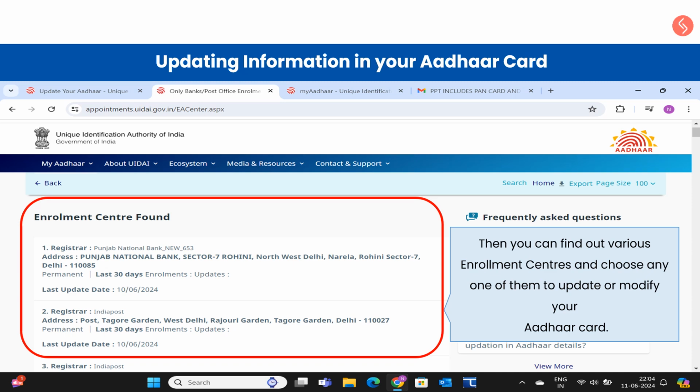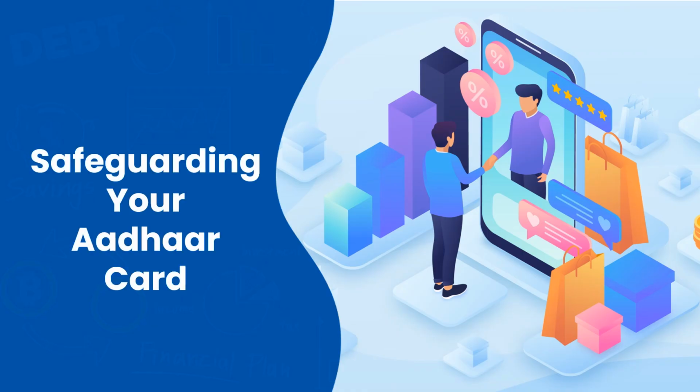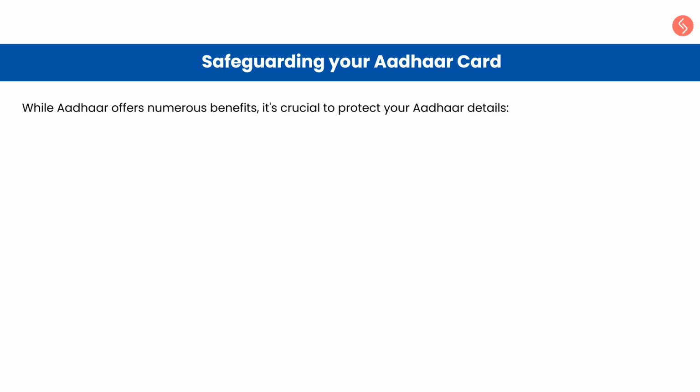The Aadhaar card is your unique identification, therefore, it is important to safeguard it with utmost responsibility. While Aadhaar offers you numerous benefits, it's crucial to protect your Aadhaar details. Follow 3 simple rules. Avoid sharing, securing your device, and be cautious of phishing attempts.